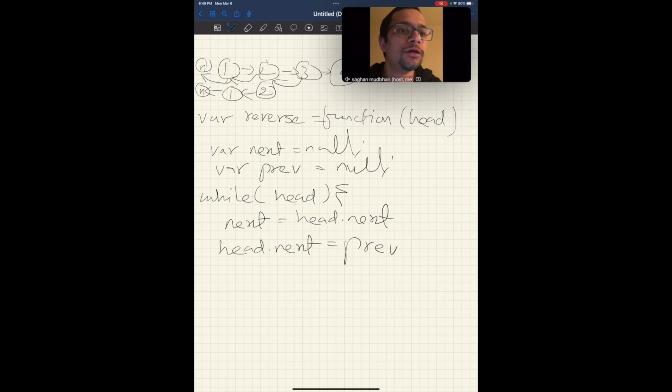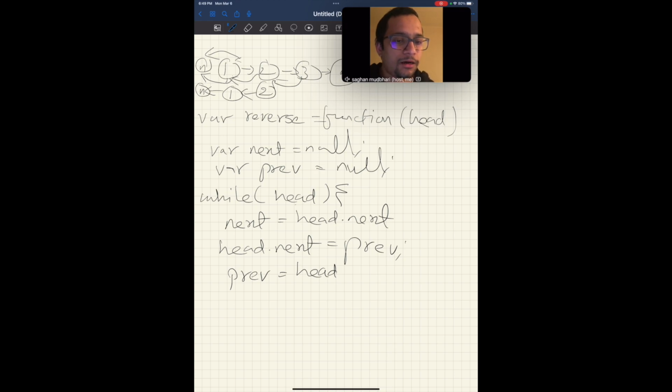So the next of this node 1 is currently pointing towards 2. This would point towards the previous item, which is initially null, right? And then we set the previous to be the current head,